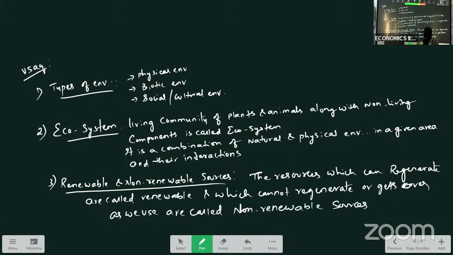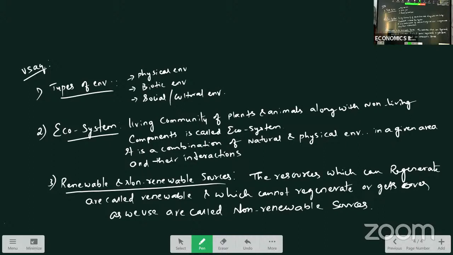Renewable sources are water, air, sunlight and all. Whereas non-renewable resources are your coal, right? Fossil fuels. These all will come under non-renewable resources. Okay. And you will do sustainable development, air pollution, water pollution. And also here,